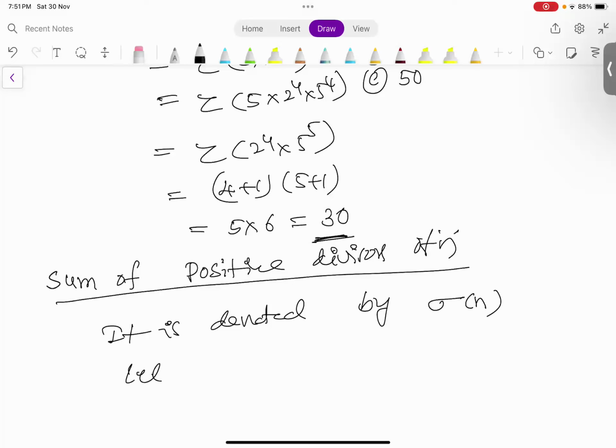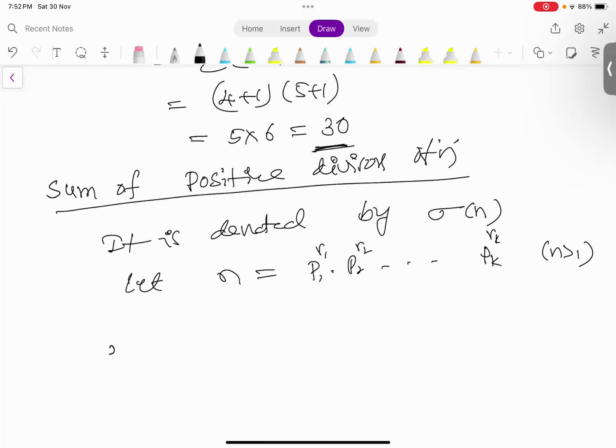Suppose n is equal to p1 to the power of r1, times p2 to the power of r2, and so on, up to pk to the power of rk. Here n must be greater than 1. Then sigma of n is equal to, now the formula, this is